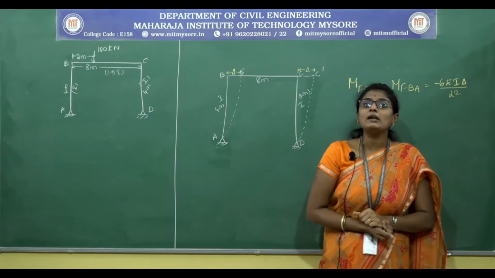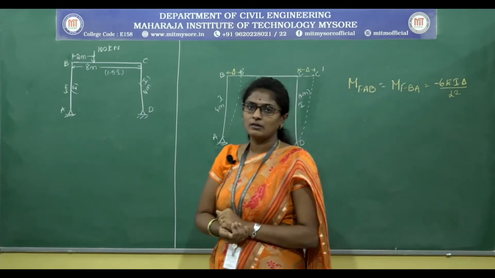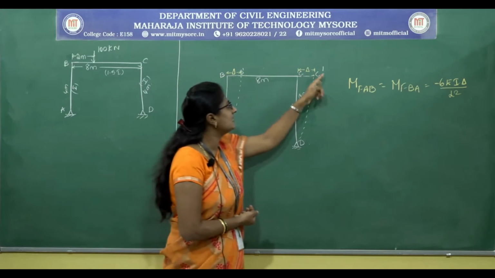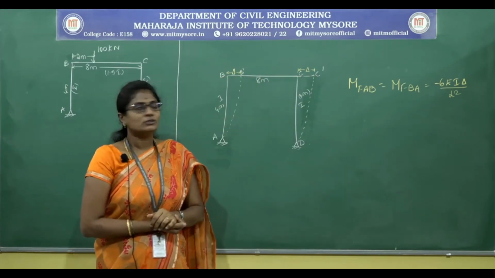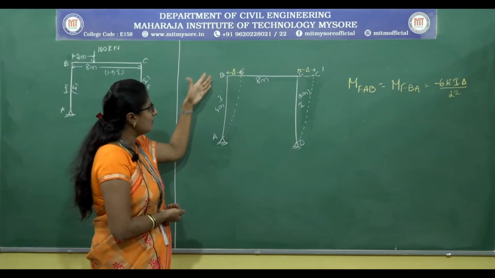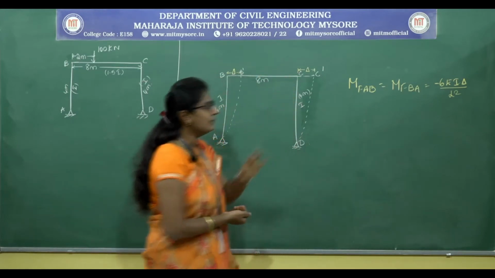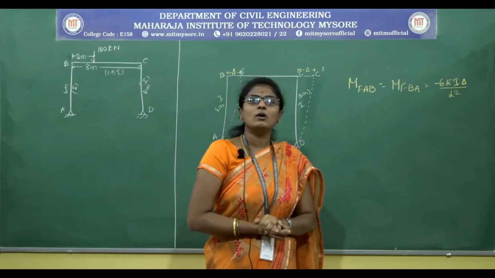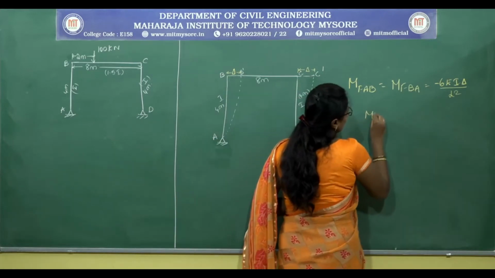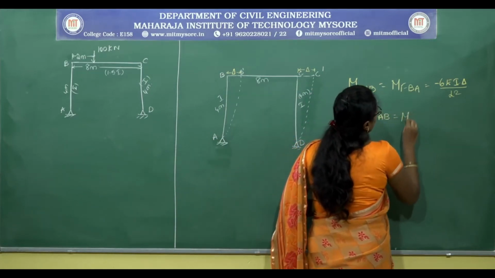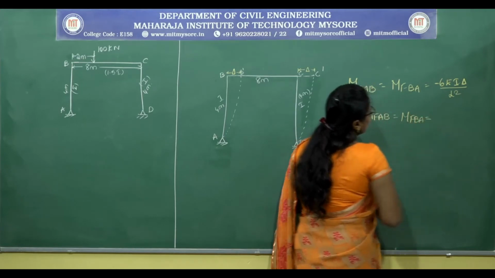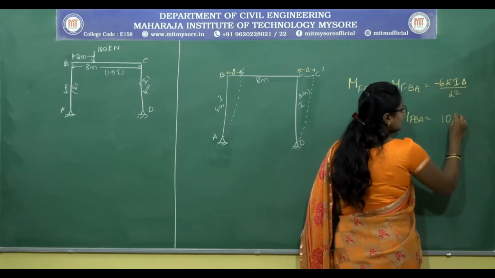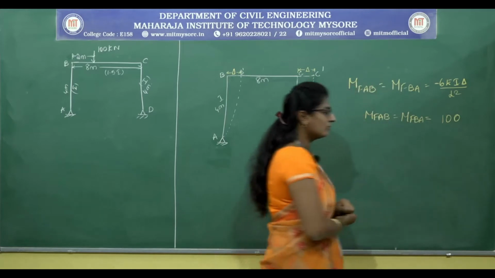That is the fixed end moment for each span. Since delta at BB dash and CC dash are equal, the moment values, that is MFAB, MFBA, MFCD and MFDC will be equal. Okay. Now let us assume some arbitrary relative numerical value. So MFAB equal to MFBA equal to, for this magnitude of the moment I consider it as 100 kilonewton